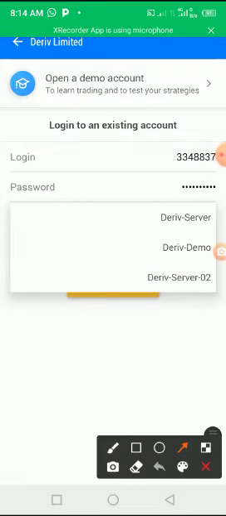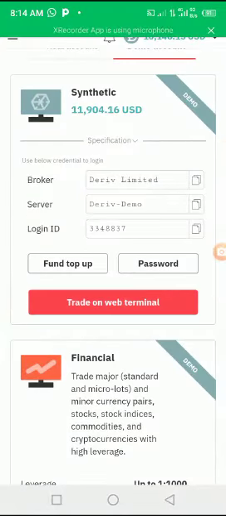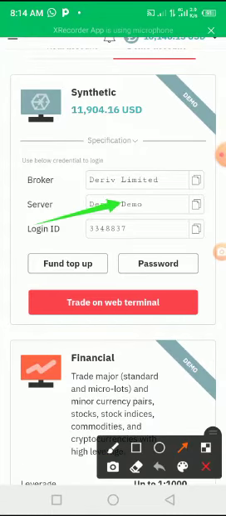Some persons, when you create an account, this one is for a real account. You have Server 02 and the server for a real account, but this one is just for demo. So I'm putting demo because remember what we copied was demo. Let me show you there again. You know what we copied there was demo. You see Deriv Demo, that is our server. So you must know your server. When you create a real account, you must check whether it is Deriv Server or Deriv Server 02, but this one is just Deriv Demo because I'm logging into demo.